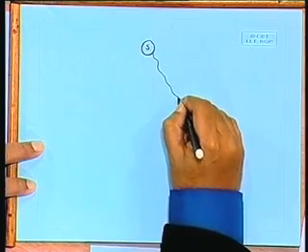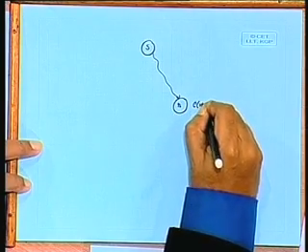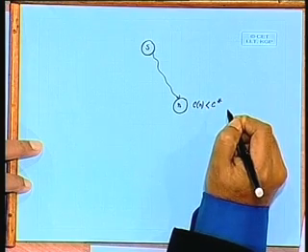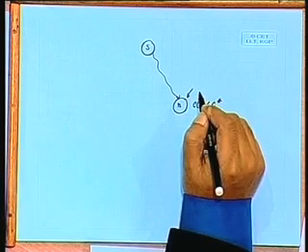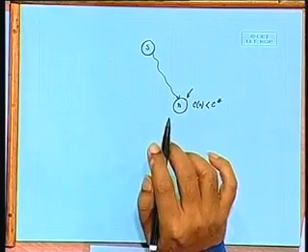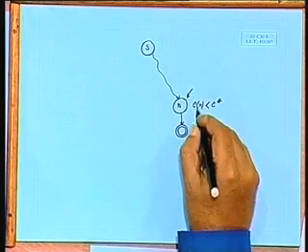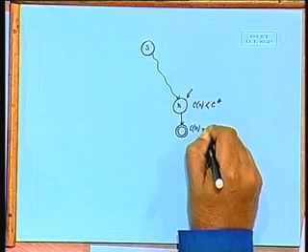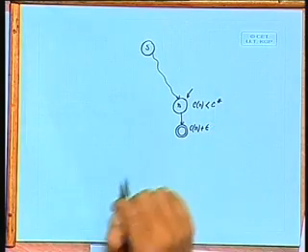You know why? Because suppose there is some state, so this is our start state, and there is some state n, and the cost of n is less than C star, and if your algorithm A does not expand n, then I am going to give the algorithm A another instance of the problem where the entire state space will be similar, except that just below n I will add a goal, whose cost will be say Cn plus some epsilon, where Cn plus epsilon is also less than C star. I can always find such an epsilon,